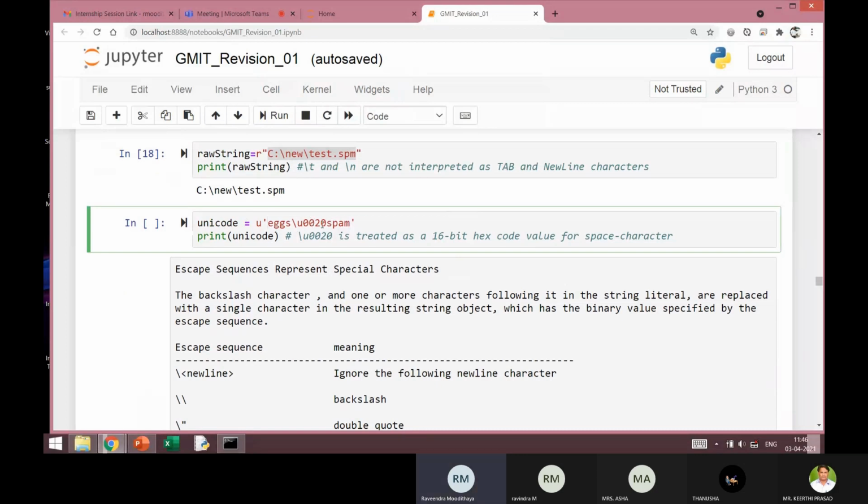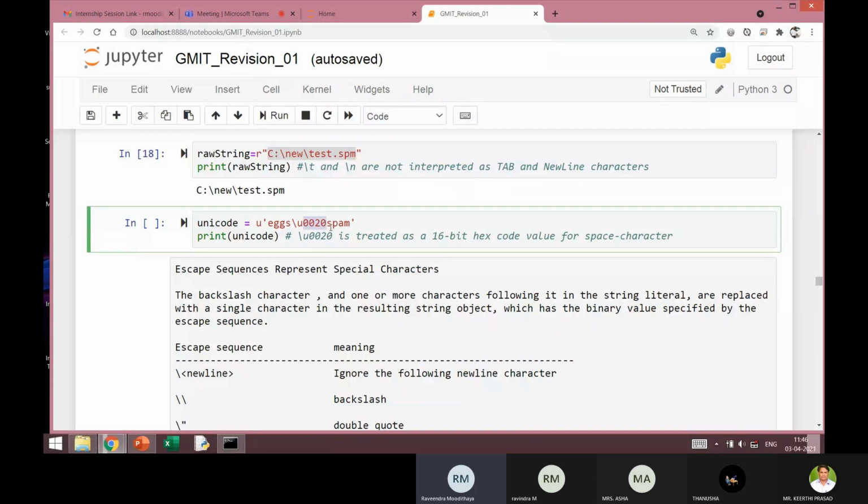For example, if I represent one space character using 16-bit value instead of 8-bit, I can represent it in this manner. Remember, 20 is actually the hexadecimal representation for space character, but I am trying to represent it using 16 bits, 0020.